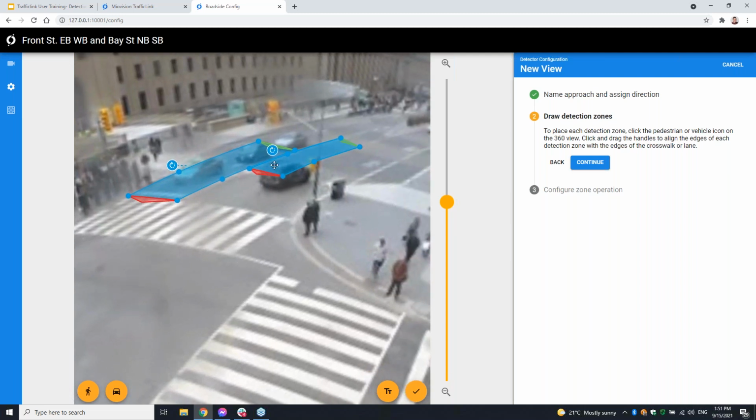For left turns, if you have them offset from each other, that's fine as well. You can simply just draw them in the appropriate spots. You'll notice that there's these green and red arrows. This does indicate directionality. We are expecting a vehicle to be going in a certain direction, so they're starting essentially from the direction of the green towards the red.